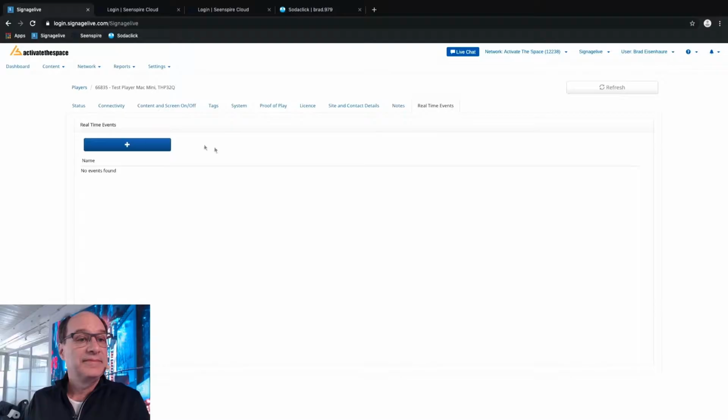But within the content, I can actually tell the content to trigger a video to switch on an input, or to trigger the lights to change, or trigger the air conditioning, which I had right now, which would come on. You can pretty much trigger anything through network triggers. You can tell the screen to turn off, screen to turn on, all that stuff. So these are local network triggers. They're only available with Activate the Space. Now we've got our player all set up. We're ready to start making content.